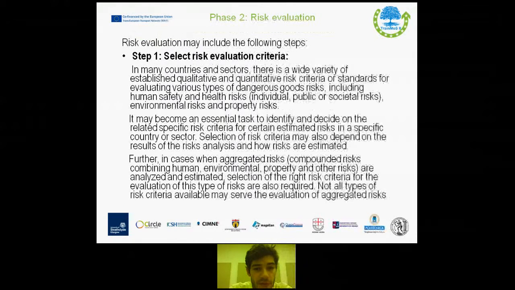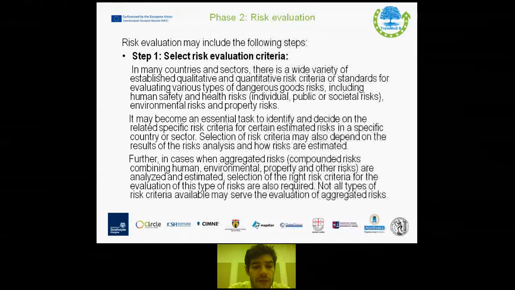This brings us to the second phase of risk management, which is risk evaluation. Risk evaluation may include the following key steps. First step is to select risk evaluation criteria. In many countries and sectors, there is a wide variety of established qualitative and quantitative risk criteria or standards for